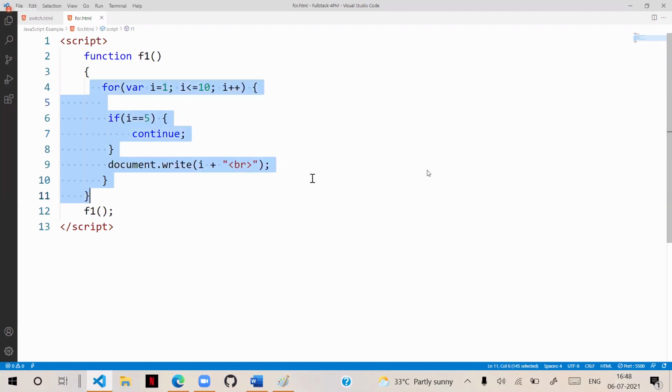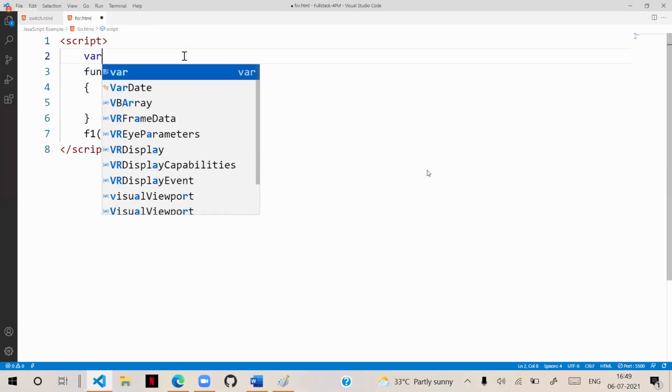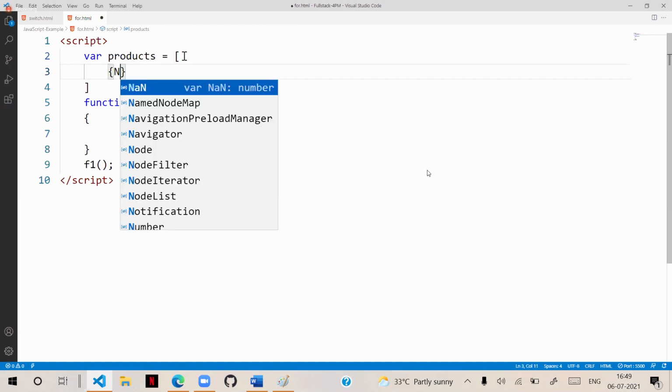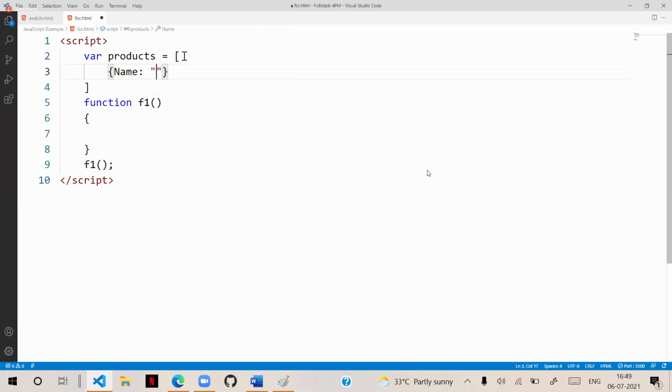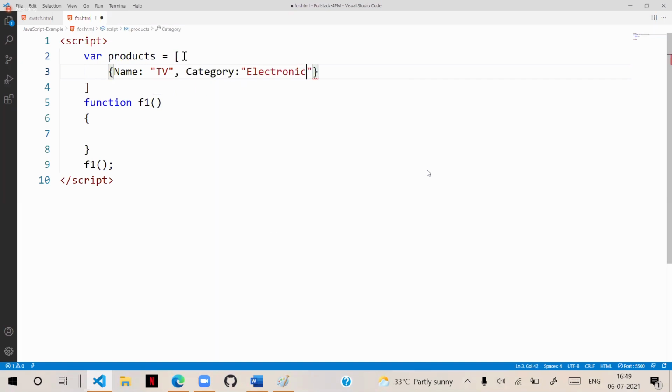For example, let's take some complex data. Means in reality, where we use that and how we define that. Suppose we have products. Products is an array, an array of objects. Product name is some TV, and category is some electronics.